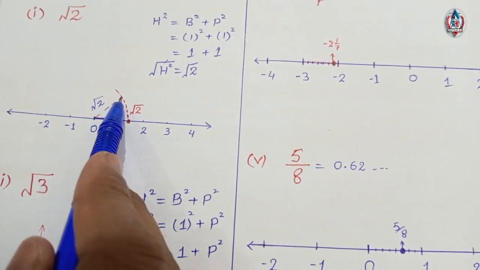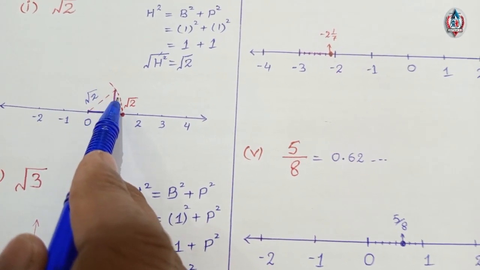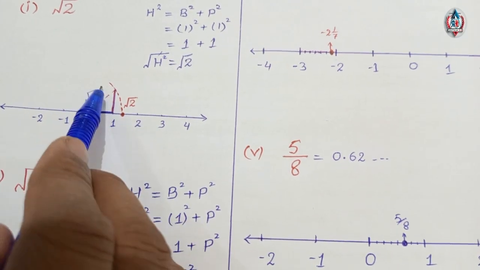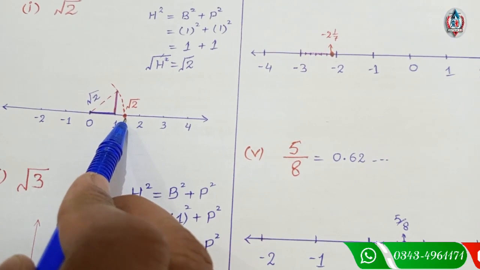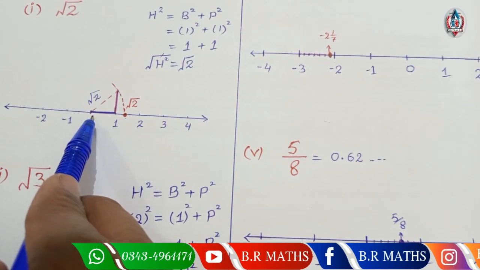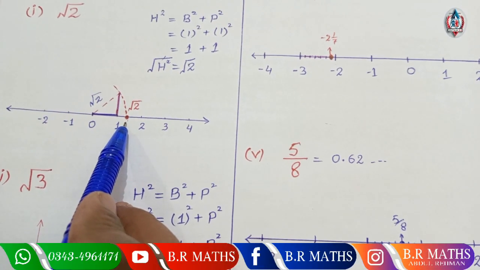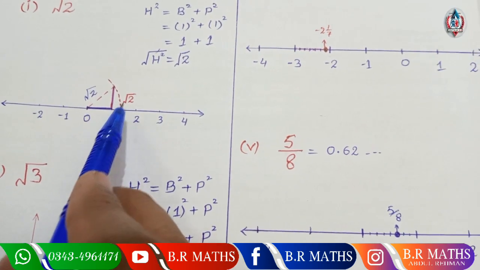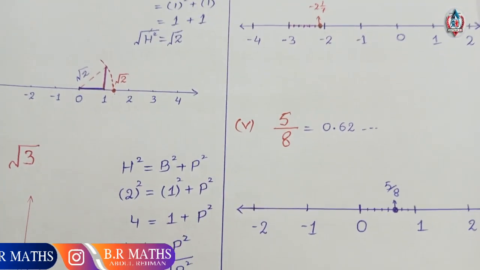But we have to draw this point on the number line. So draw an arc from this point, such a curve, and this is a point on the number line. The length to this point is square root 2. You can also calculate from 0 to this point the decimal result, 1 point something, which is equal to square root 2.